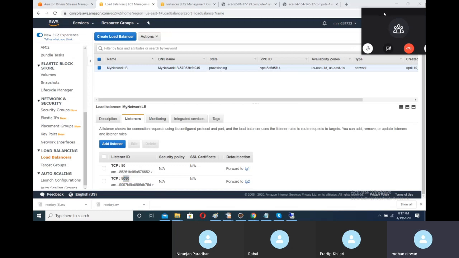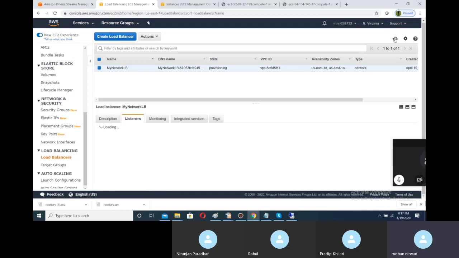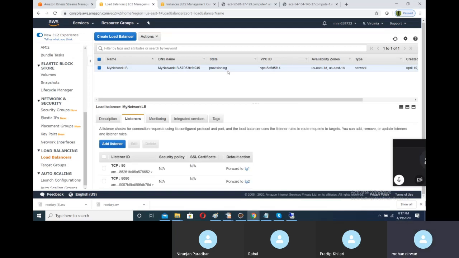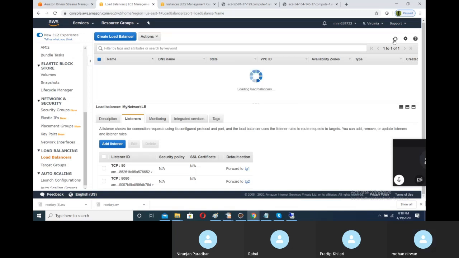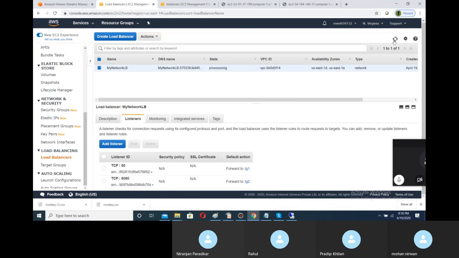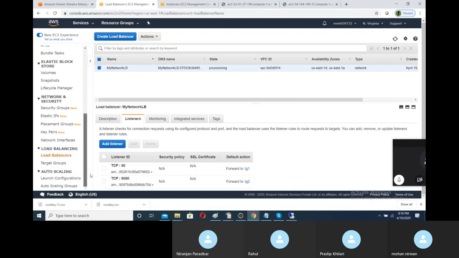So let's wait till this load balancer becomes active, as it is currently provisioning.